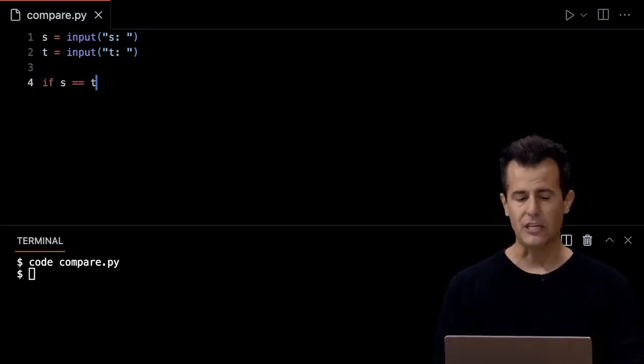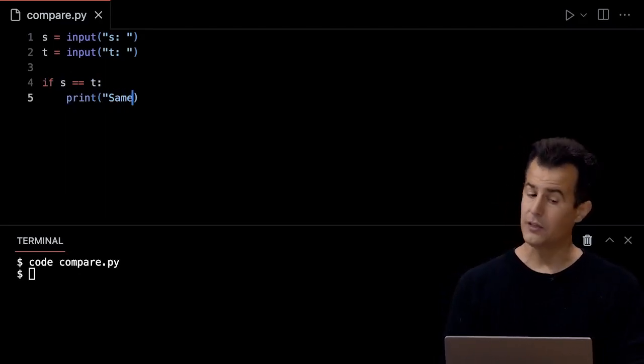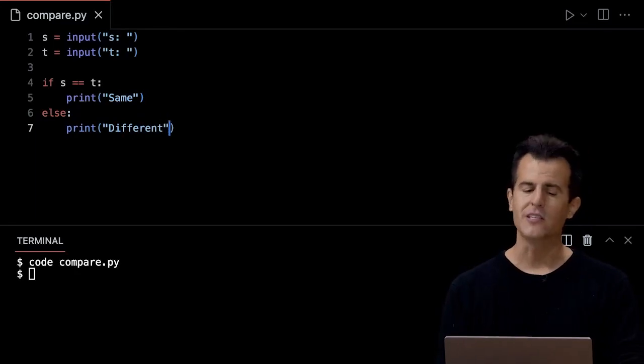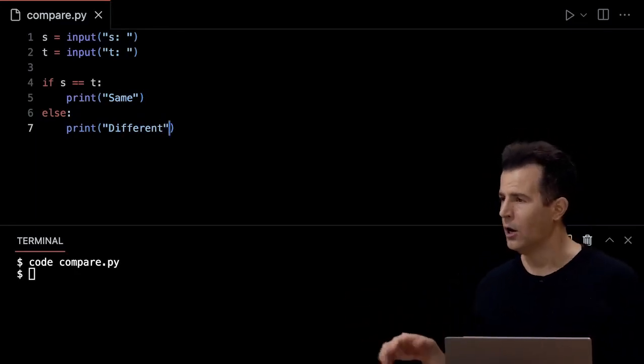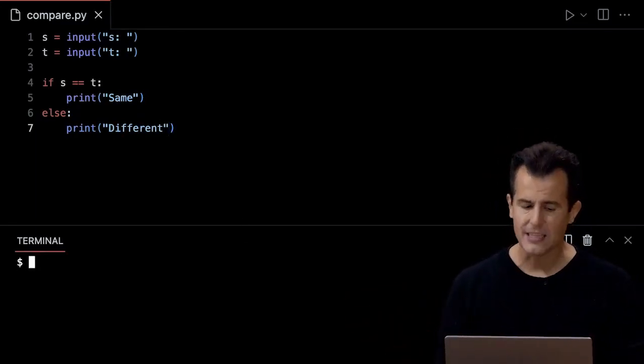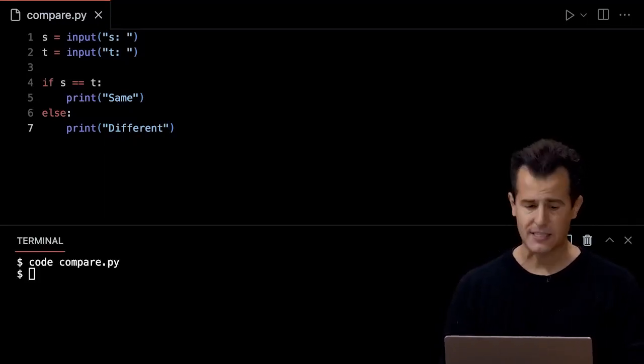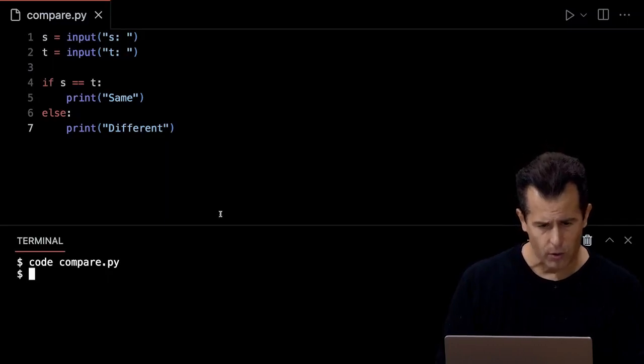And if s equals t, let's go ahead and print out that they're the same. Else, let's go ahead and print out that they're different. So this is very similar to what we did in week 4. But in week 4, recall, we did this specifically because we had encountered a problem. For instance, if I run,